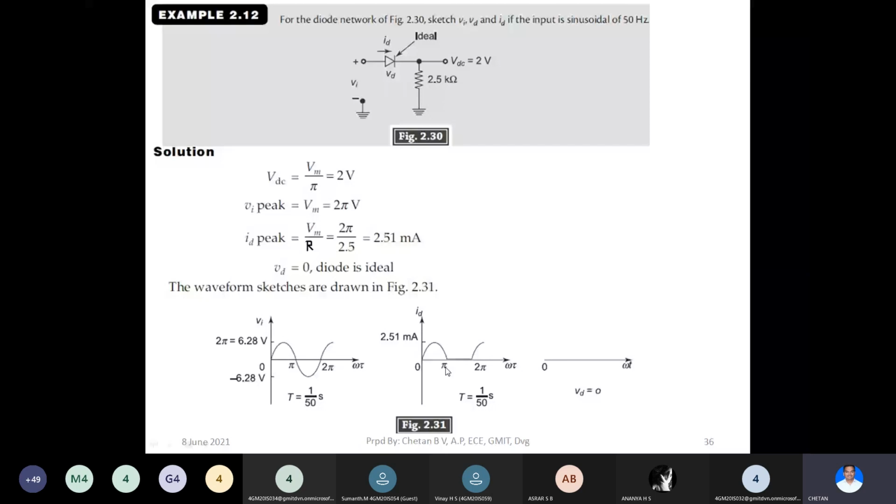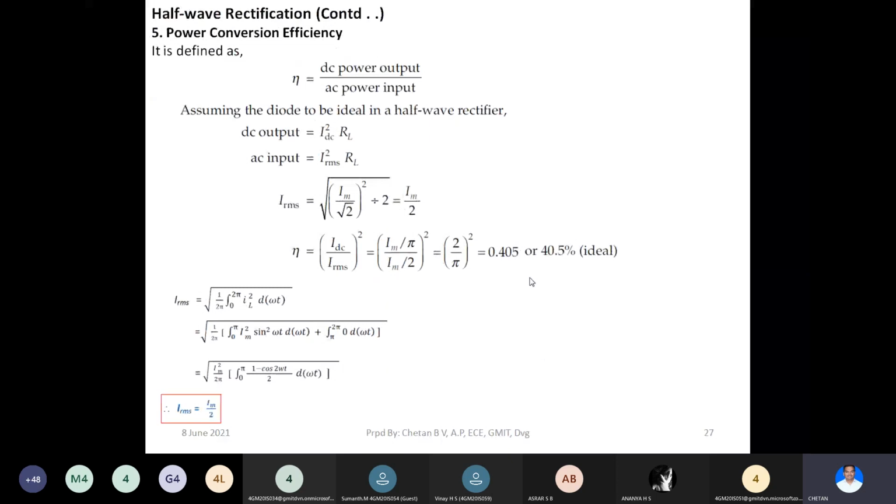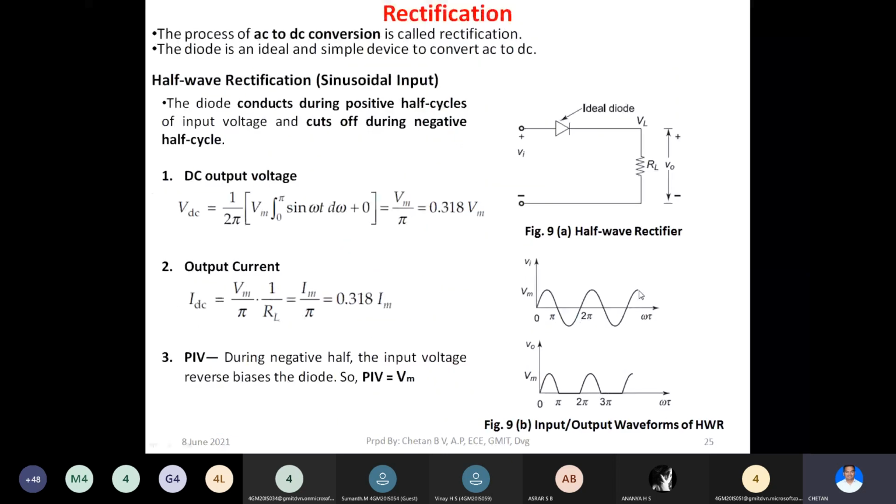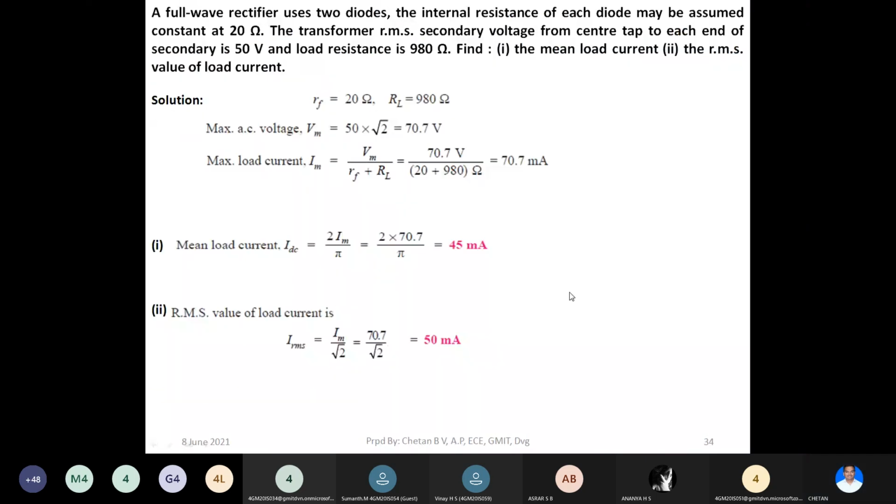So while realizing the operation of this half wave rectifier, the waveform that we have drawn is the waveform of voltage. I'm talking about this one, right? This is the input voltage Vi, output voltage V naught, and the peak value is Vm. So this is the output voltage waveform. The current waveform will be in the same way itself, right? There will be no change. The current will also be in the same shape. Therefore, we take the same shape for output current ID also in this problem, right?